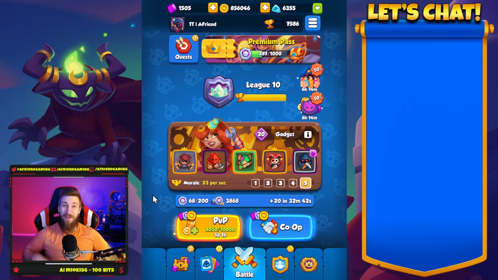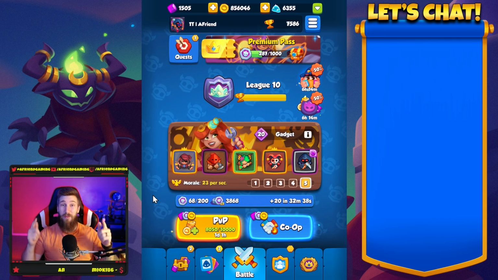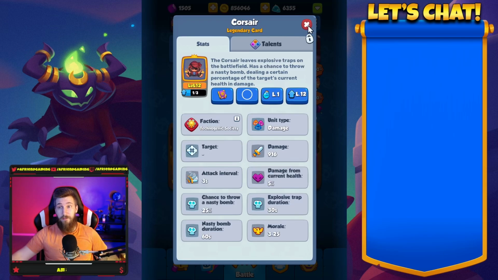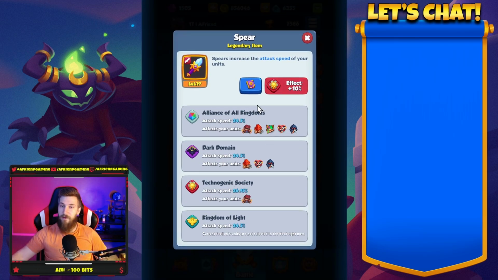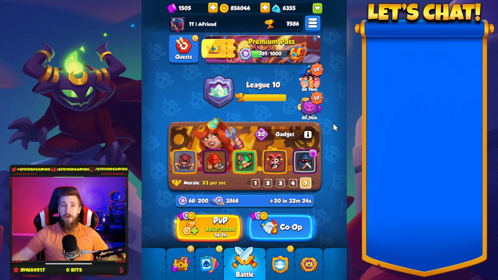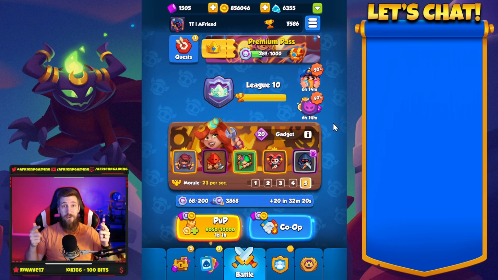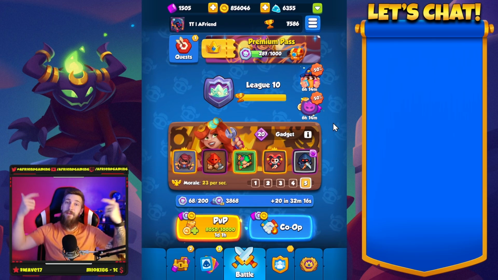Today we're going to be talking about something very important: equipment. You know how important it is for Corsair to have the right spear. You need that techno legendary spear, and you need to make sure that you're getting the bonuses on it. So how do you do that? Let's take a look today into exactly what you need to do whenever you're upgrading your common items to legendary